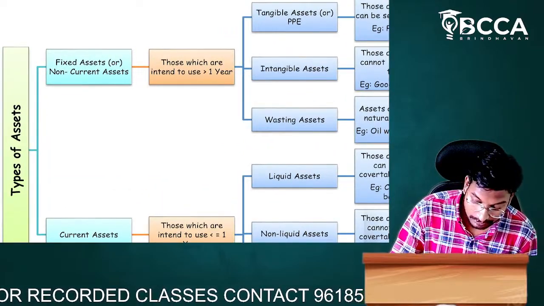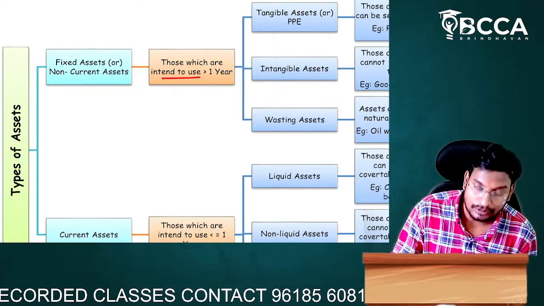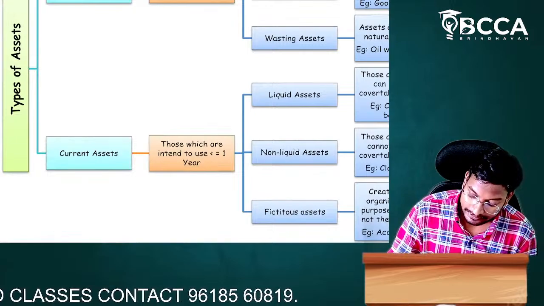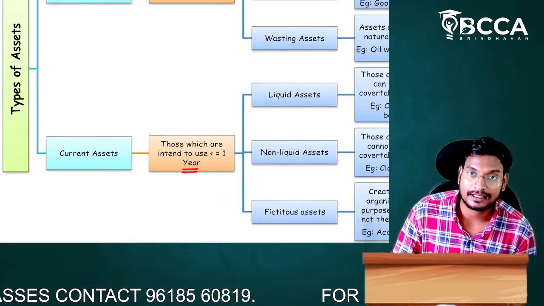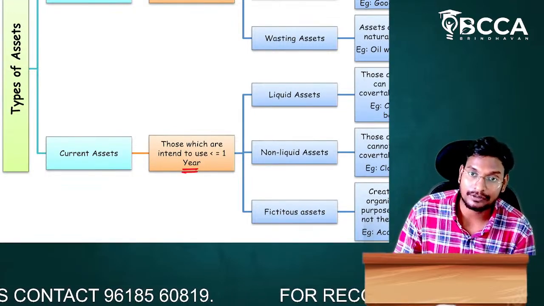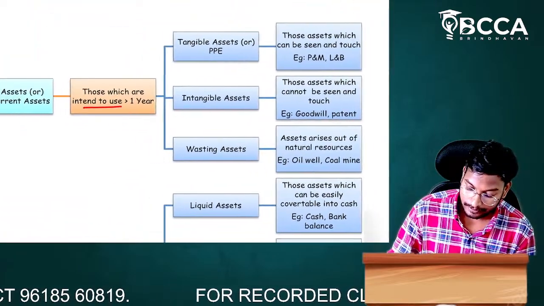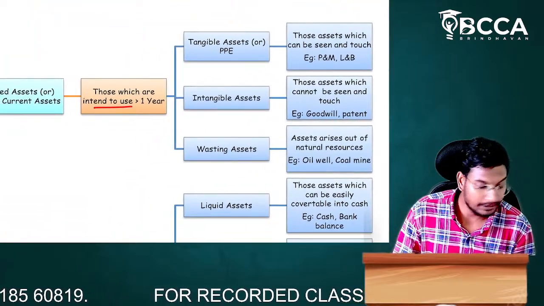See, sir, here. Those which are intended to be used for more than 1 year or less than 1 year, sir? Intended to use more than 1 year. Here, intended use of less than 1 year is called a current asset. Benefit or use of more than 1 year means non-current asset. So here the non-current asset is classified into